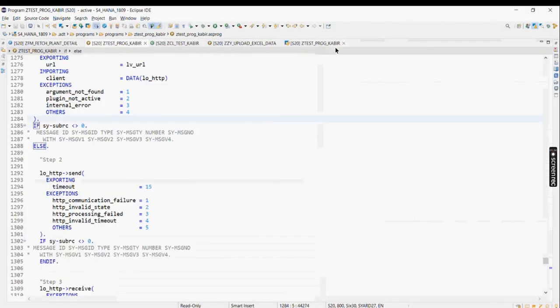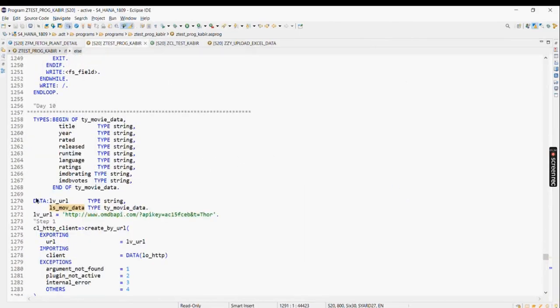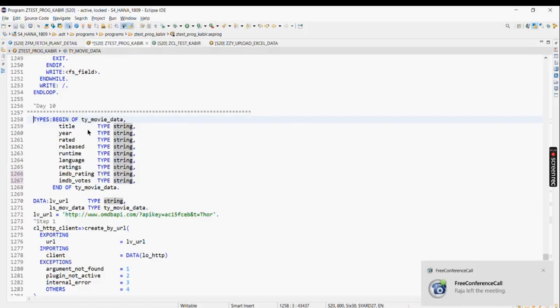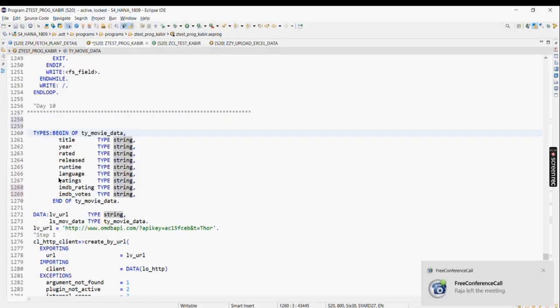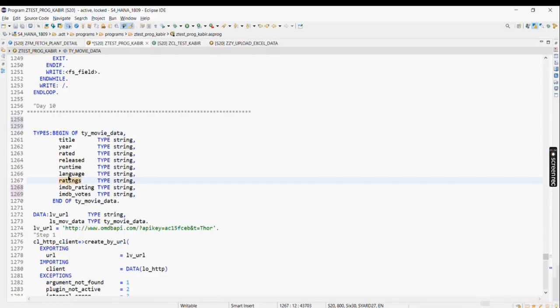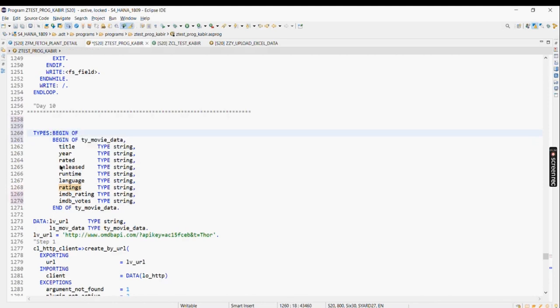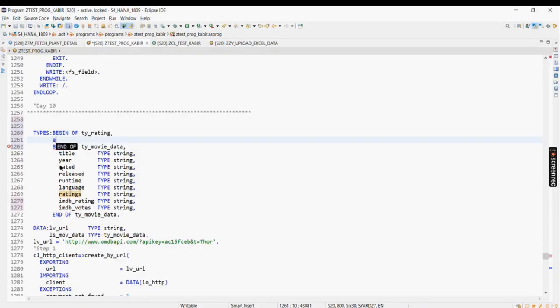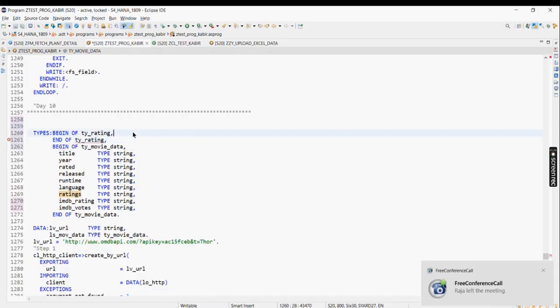So now let us come back again and close this. Let me make it as this again. And now coming to this part. For this part now, what are we going to do? Here, this particular ratings is a table of something. So what table of? So again, let me begin of ty underscore rating, end of ty underscore rating, and here,